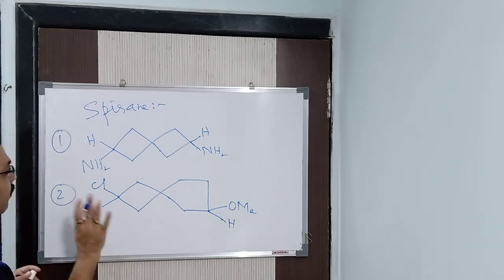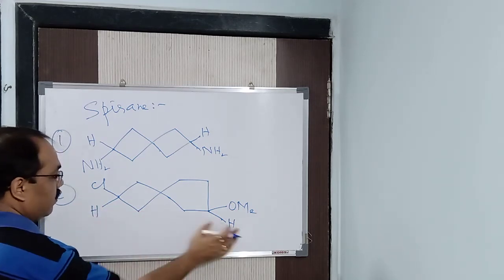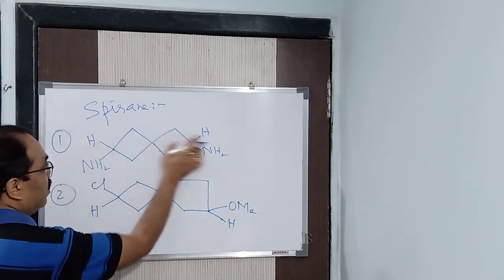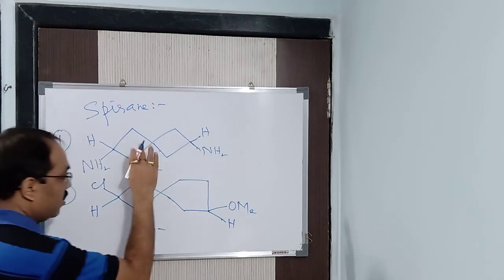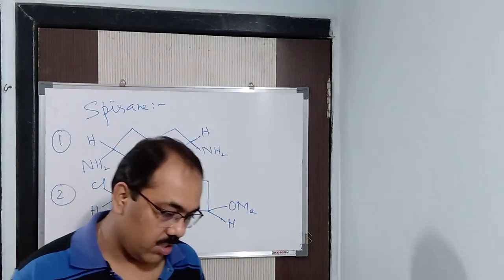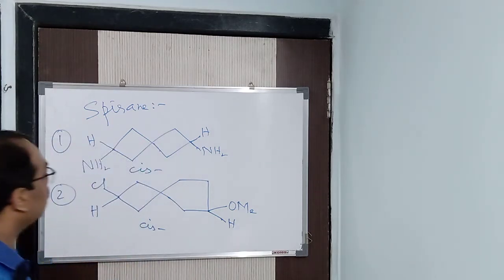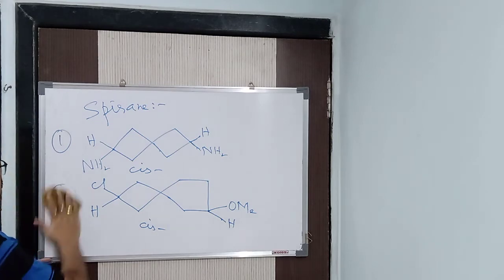I have told you already, this is also what? Cis, H, H on the same side, it is cis. This also is nothing but cis. The name will start from cis. The first one I am writing for you, and next you will complete it and show it to me. This is cis. And you tell me what is that? You already did the spiro compounds, but it is coming under spirane because two spiro compounds are joined. We can say that. Clear?